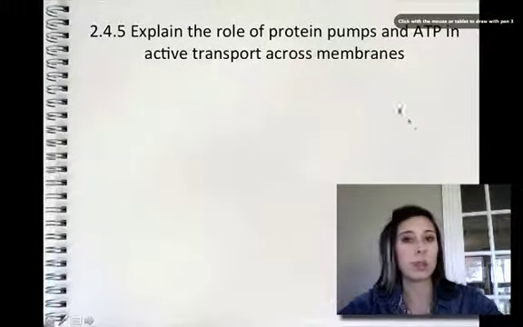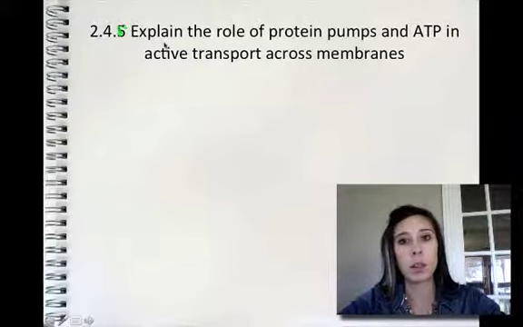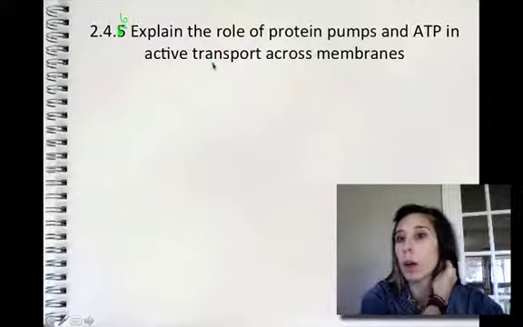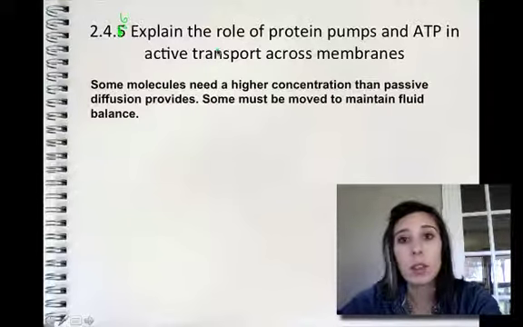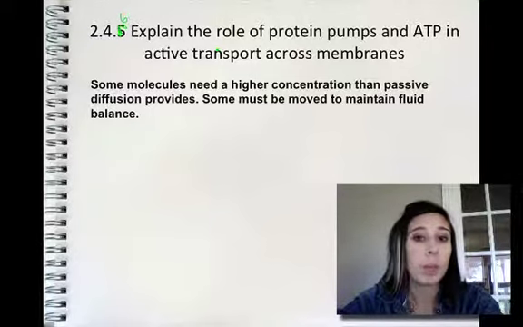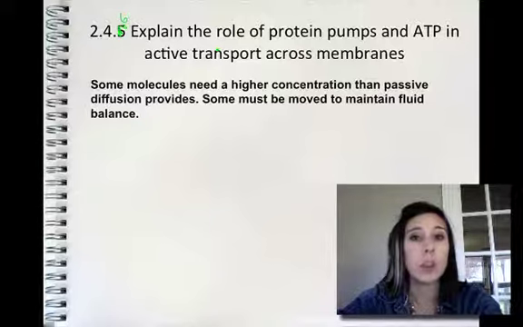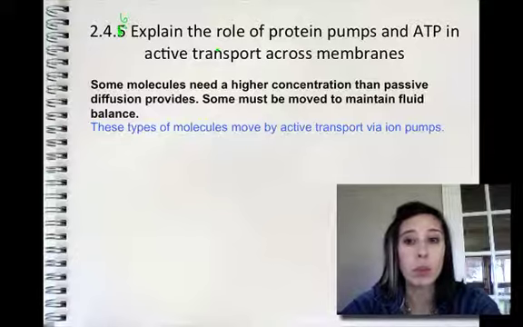Now, some of our molecules have to go through the plasma membrane a little bit differently. And so we're going to look at the role of protein pumps and ATP through active transport. Some molecules that need a higher concentration, maybe inside of the cell, have to go in this manner, and it's actually going to go against what passive diffusion is, and some have to be moved in order to maintain that fluid balance. And so what we see happening is these molecules have to use some energy and go against